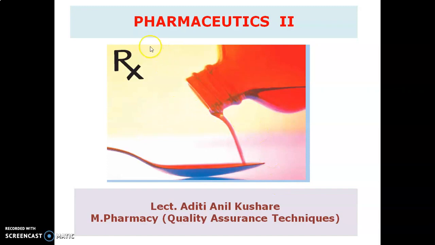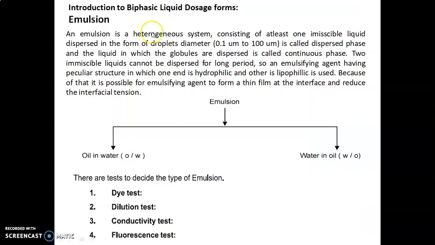Now we will discuss the Pharmaceutics 2 experiments. In that, we will discuss emulsion, an introduction to biphasic liquid dosage forms. An emulsion is a heterogeneous system consisting of at least one immiscible liquid dispersed in the form of droplets with a diameter of 0.1 micrometer to 100 micrometer, called the dispersed phase, and the liquid in which the globules are dispersed